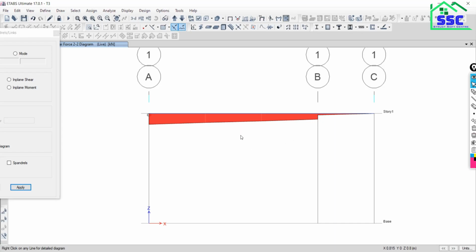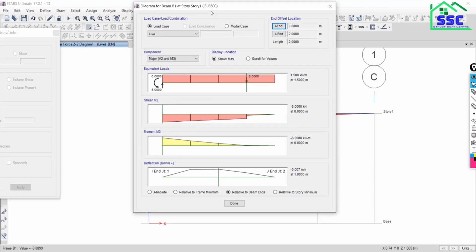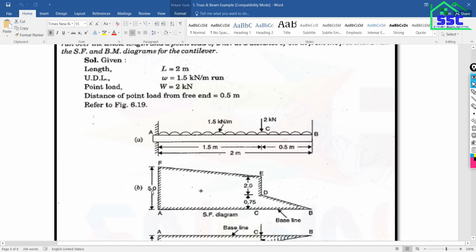If you want a more clear or more elaborated result, you just right click on the beam. Once you right click on the beam, it will give you the more elaborated result. At this joint, you can find the shear force at the left end is 5 kilonewton, so it's fine and matching with the manual result, 5 kilonewton.